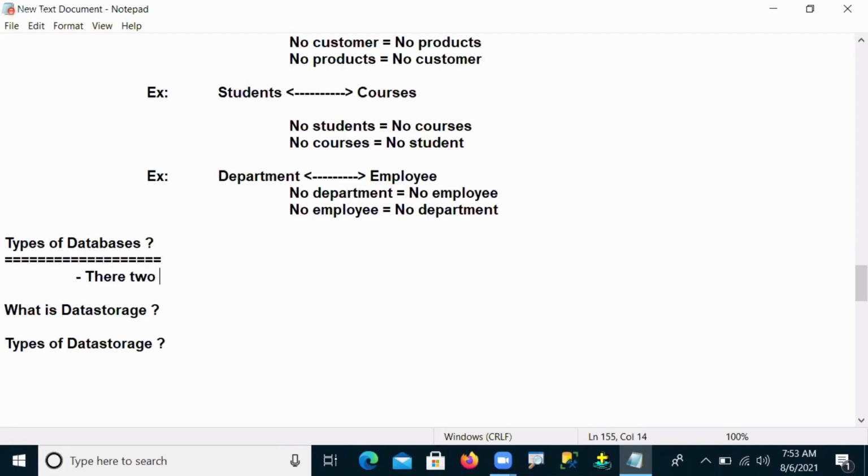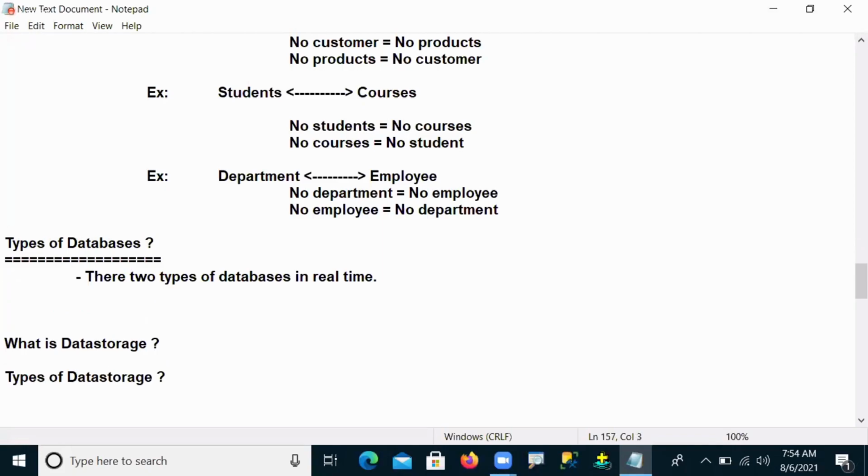There are two types of databases, guys. In real time, people and organizations are going to be using two types of databases. Now, the first type is called